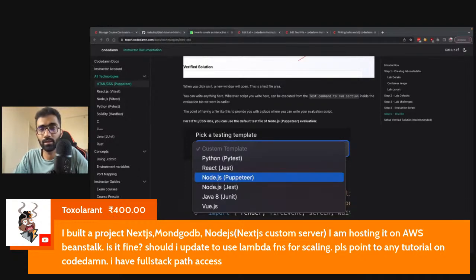So there is no chance of hardware failing or you running out of storage or things like that, which usually happen with EC2 instances. But yeah, it should be fine. You can shift to Lambda if possible. Shifting to serverless also gives you an advantage that you are forced to make your code stateless, right? That is also an important property of a scalable system, that your code layer is stateless. So sure, you can take a look at how CodeDAM architecture is done. There are a bunch of videos on this channel itself on how CodeDAM architecture works. Just search for that, and you will see how we use lambdas for our own use case.